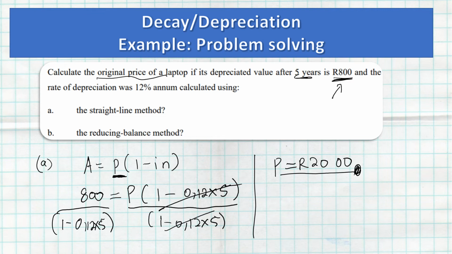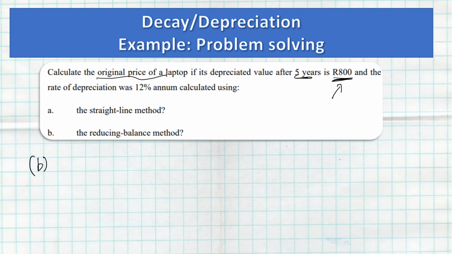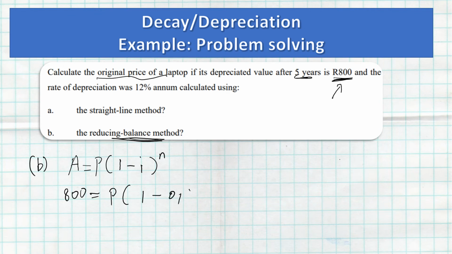Okay, let's go and do it on a reducing balance method, B. On a reducing balance method, we know that this is using the compound formula. But because it's depreciation, the formula will say 1 minus i exponent n. So we want to calculate the original price, P. Our book value is given as 800 equals P into 1 minus our interest, which is 0.12, and our number of years is 5. So to solve for P, I'm just going to divide by 1 minus